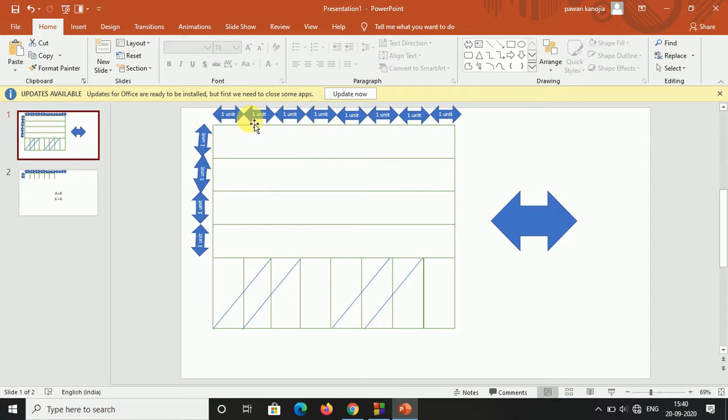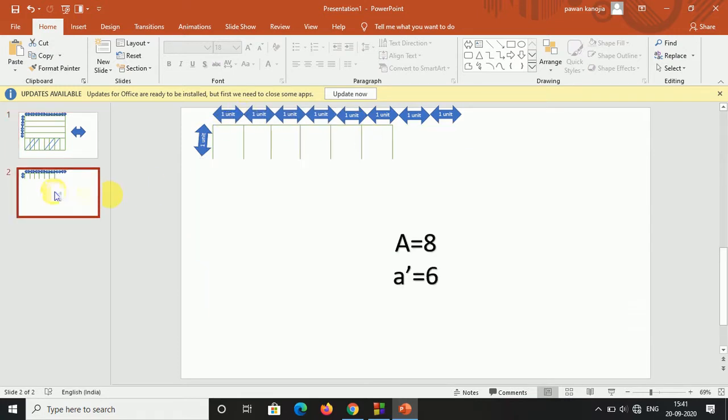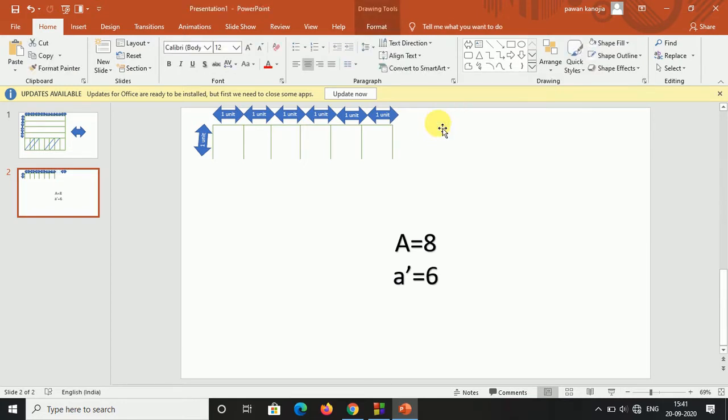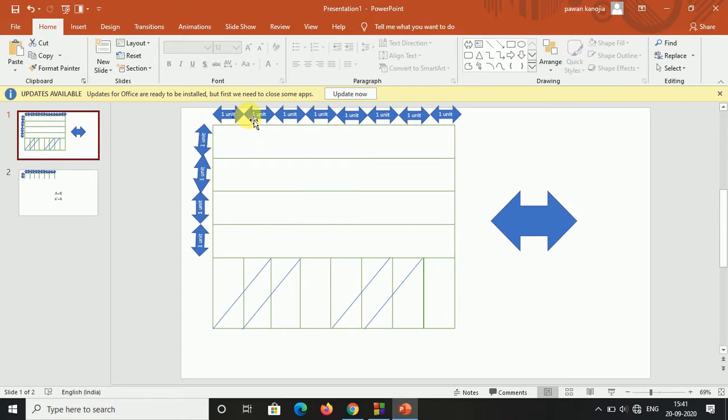You can see over here that you have to create this in 8 into 6. Okay, 3, 3, 6. Yeah, I have to delete this. 3 and 3 is 6, and this is 1 unit. So what I will do, I will just dispatch this one.